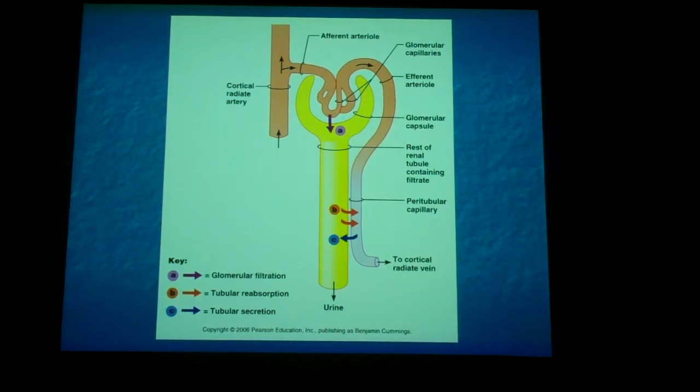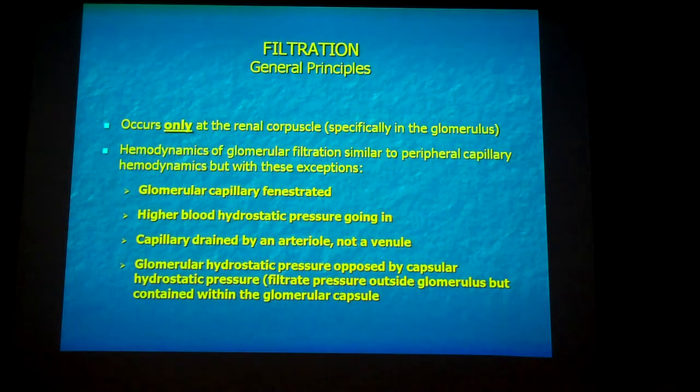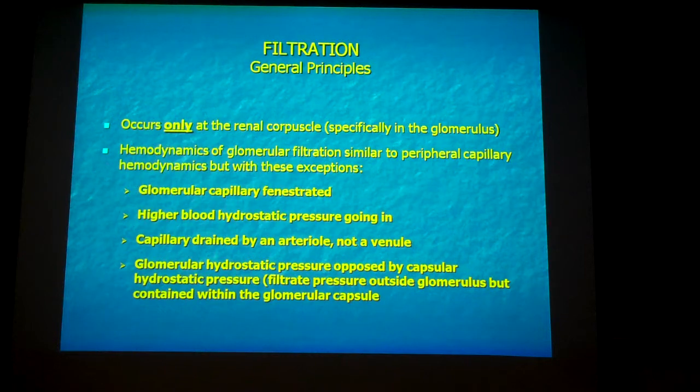All right, so we're filtering this blood. The filtrate is going to be plasma-like, isn't it? In fact, it's going to be plasma except for large molecules like proteins, the large plasma proteins. So filtration occurs only at the renal corpuscle, and specifically, it's the glomerulus that's doing the filtering. All right. Now,